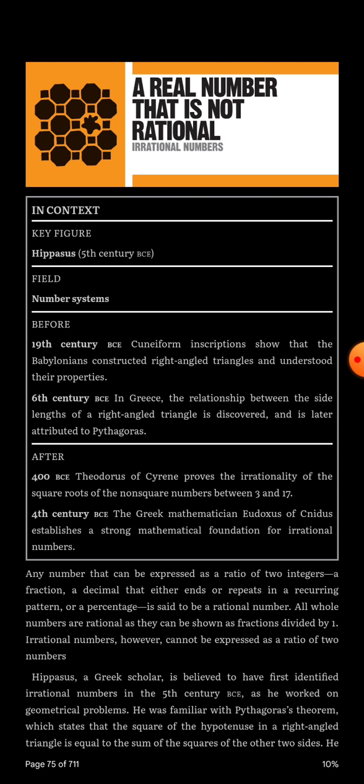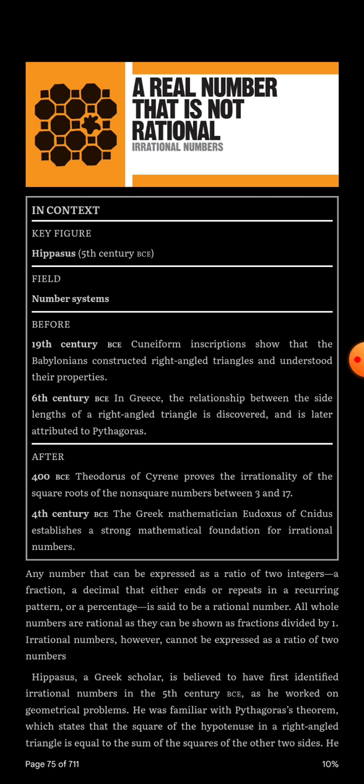6th century BC, in Greece, the relationship between the side lengths of a right-angle triangle is discovered and was later attributed to Pythagoras. After 400 BC, Theodorus of Cyrene proves the irrationality of the square roots of the non-square numbers between 3 and 17. 4th century BCE,